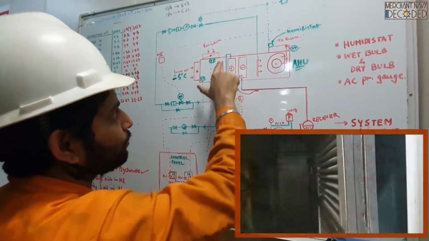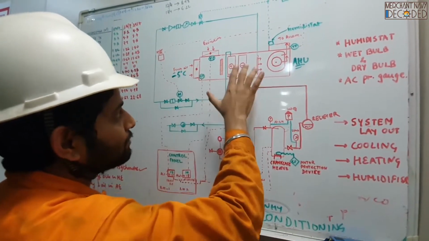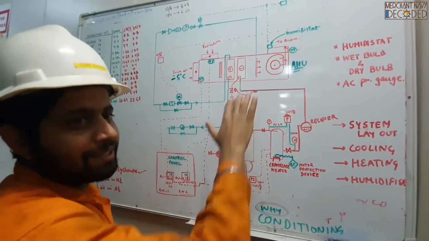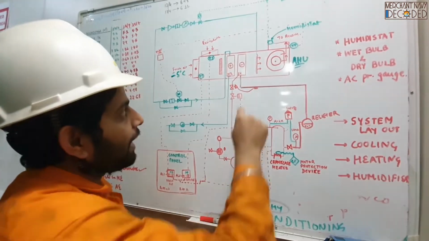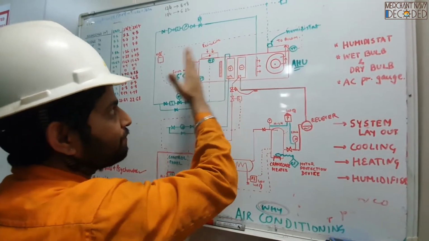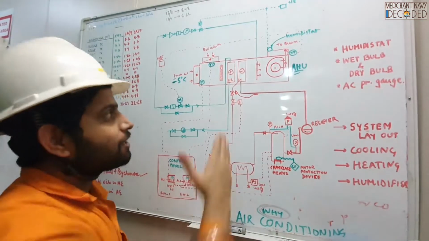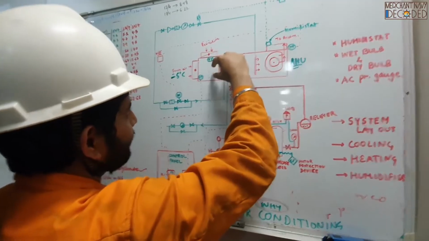This is the filter over here. Why is this filter here? So that if dirty air comes, it should not choke the evaporator coil. Evaporator coil fins are very fine, very thin. I do not want to damage this evaporator coil or make it dirty. So this filter filters the air, and every few days, every 15 or 20 days, we clean these filters. Copied? So from here, air comes in.